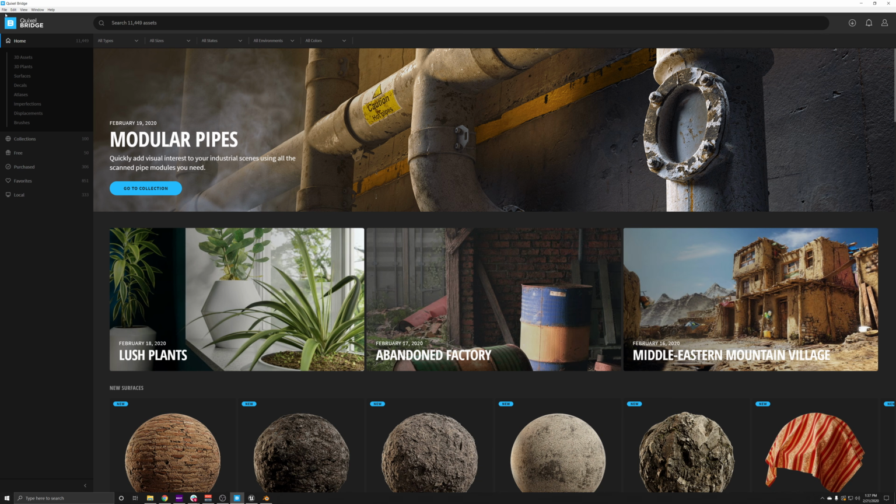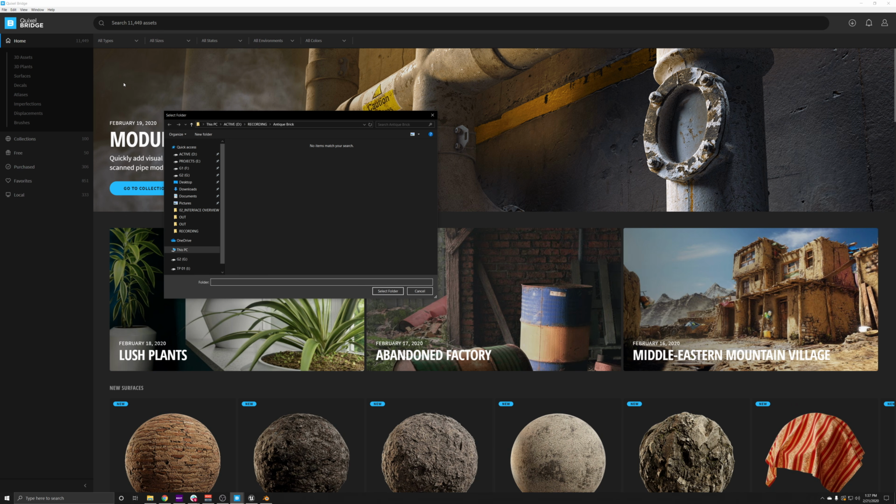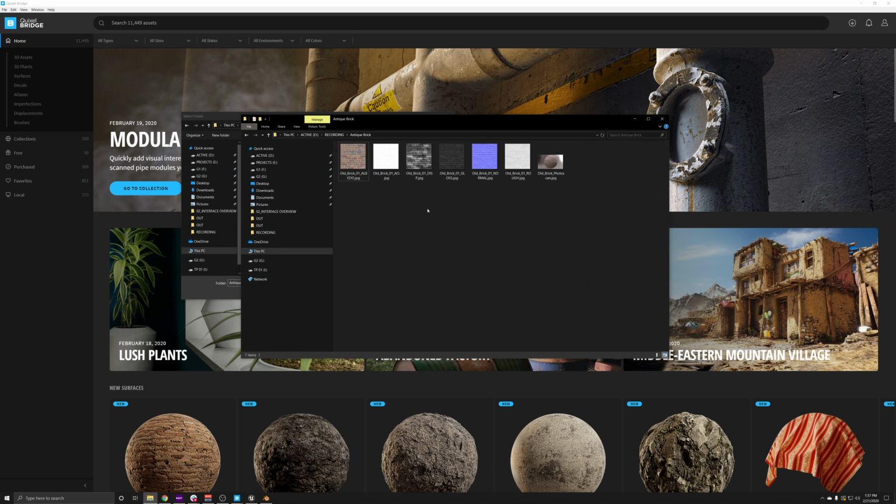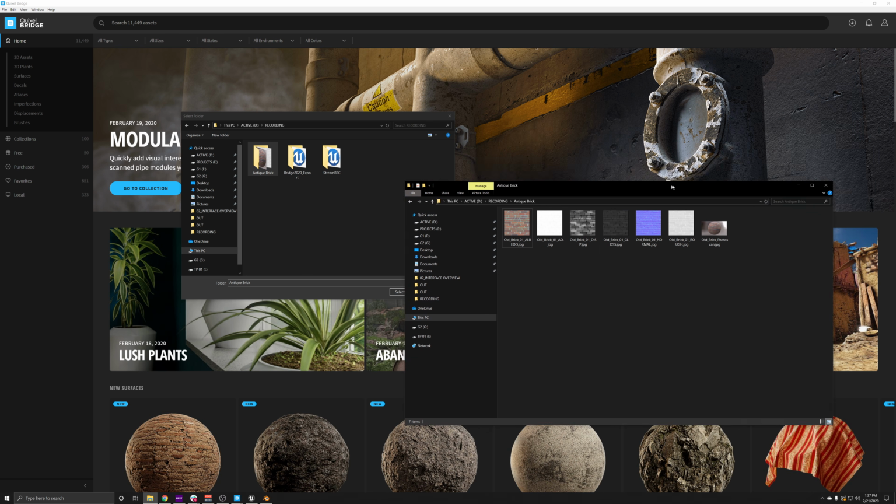We can just go to File, and we can import asset. So this is one of the two ways that we can do this. We went to File and selected Import Asset. Now what I've got here is a folder called Antique Brick. So I've selected that folder, and I'll just showcase this folder off to the side. This is my Windows Explorer.